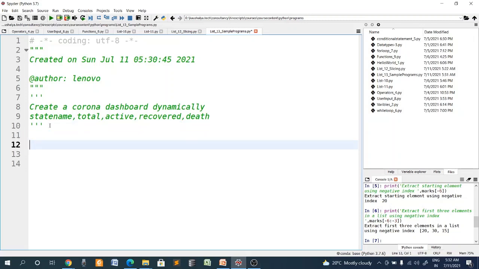So first I have to ask the user how many states' data you want to capture, right? That is the user input. Then once I do that, I will ask the user to enter all the information, and this will go as a list, right? And all the elements of this I have to add to a list. So let